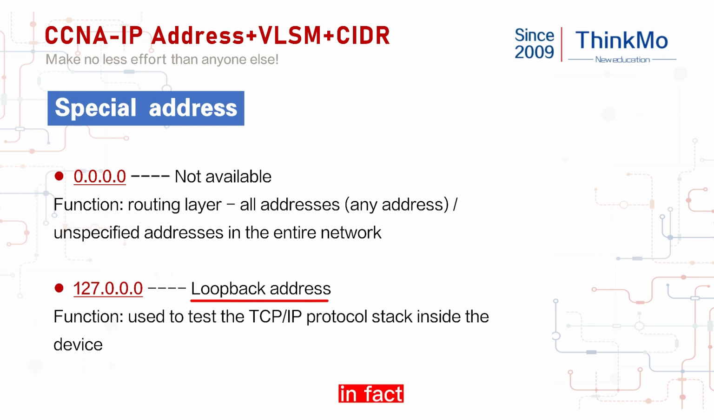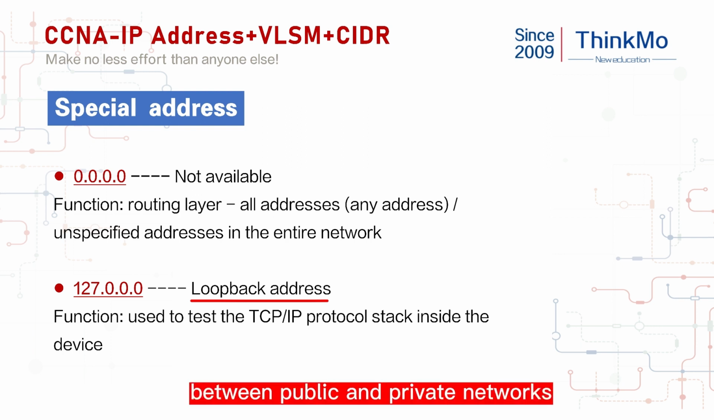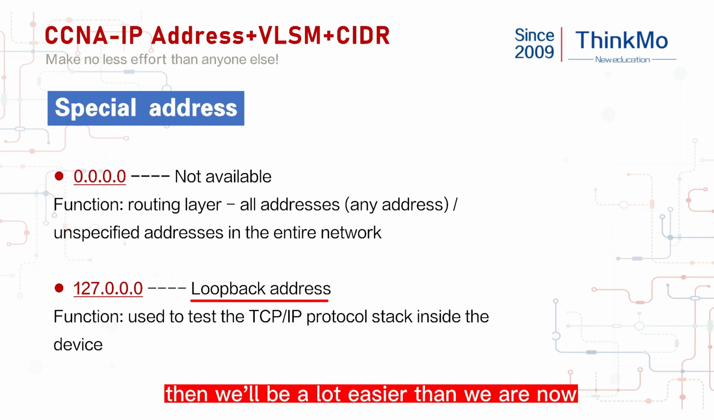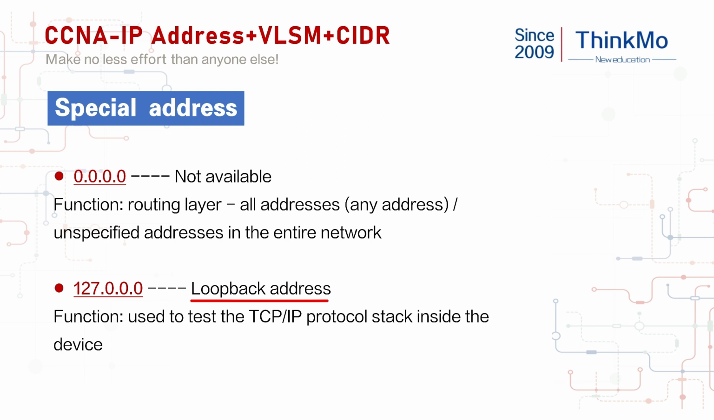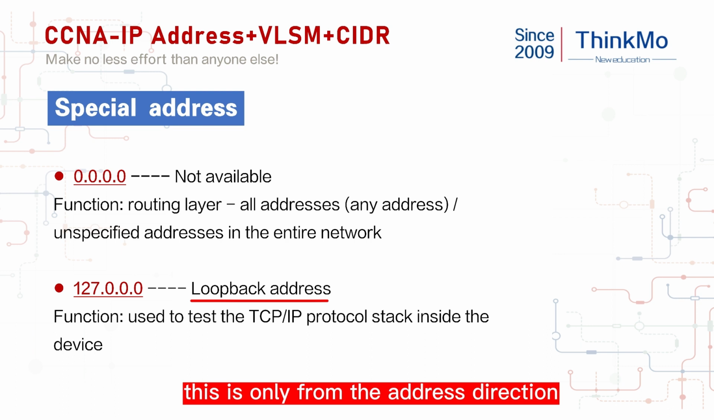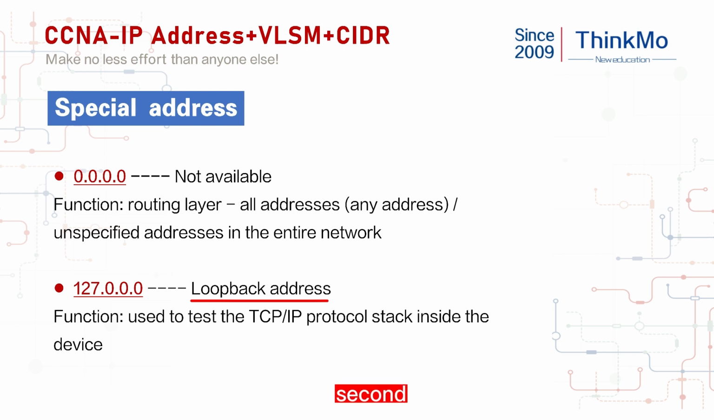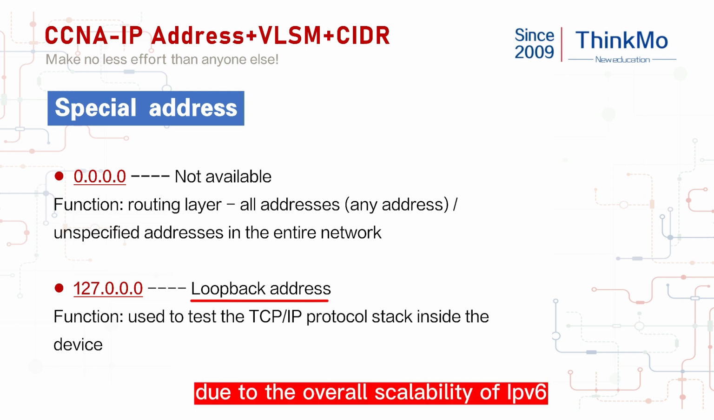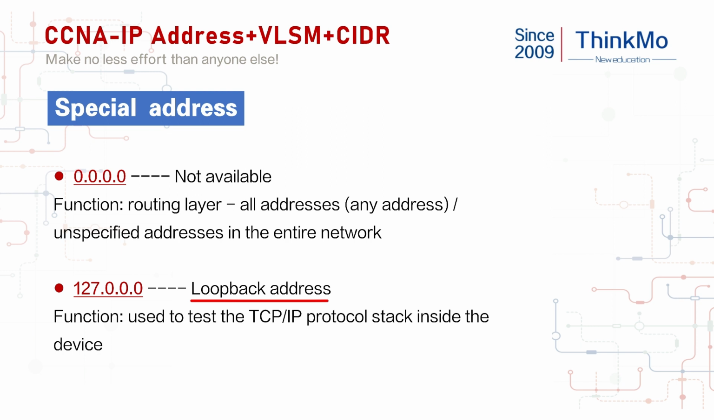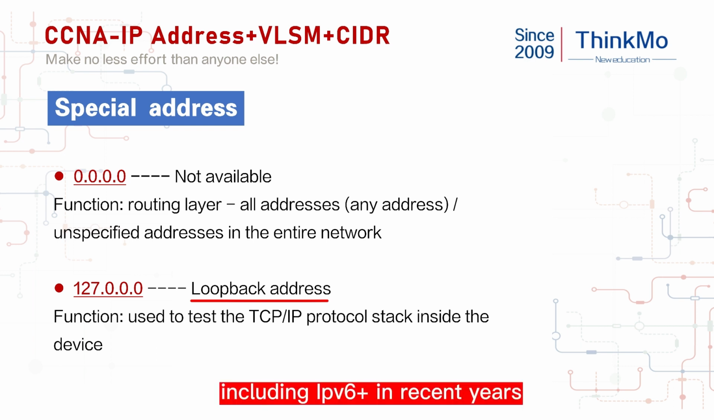In the future, if we can fully migrate to IPv6, there will actually be no distinction between public and private networks. This concept we will discuss next, and it will be a lot easier than it is now. That is only from the address direction. Second, due to the overall scalability of IPv6, it supports many future features more than IPv4, including IPv6+ in recent years,